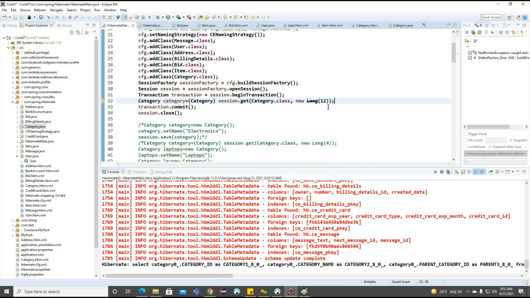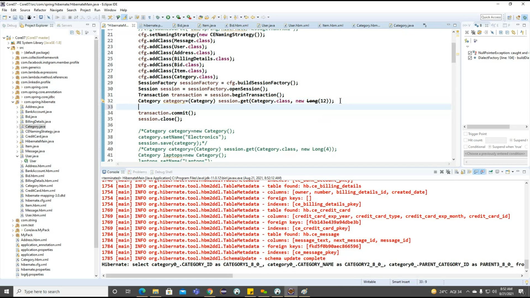We are not writing any sysout here, so for example, I am going to write a println statement here: category not equals to null, then category dot get name, otherwise I want to print null.